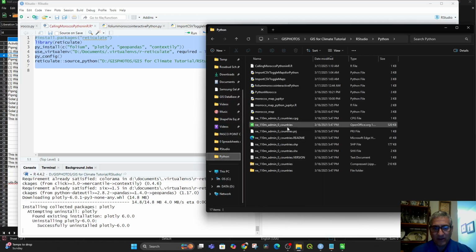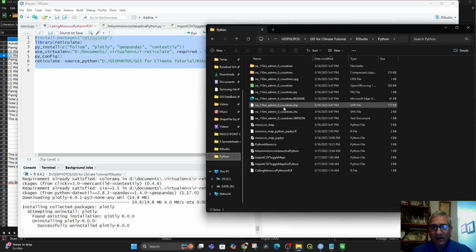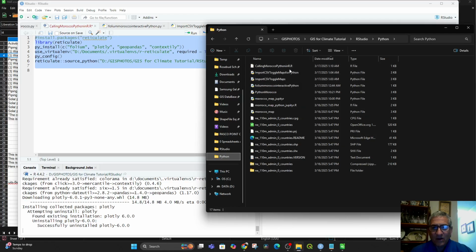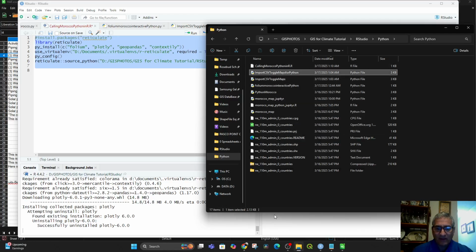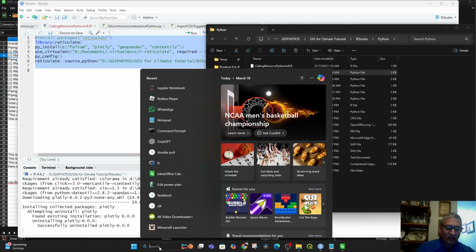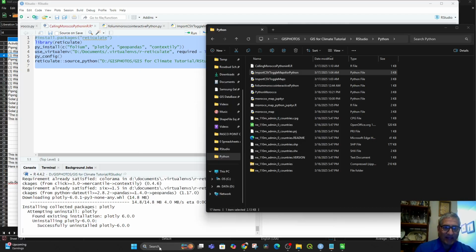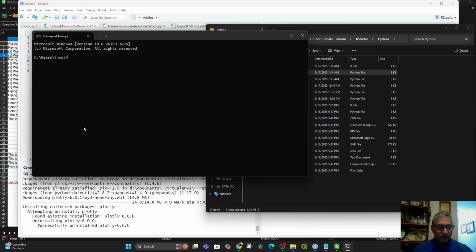Let's go into my Python, and I have a bunch of different scripts here. Let's say I take the last one I modified, calling Morocco Python R, and R imports CSV toggle maps for Python. Let's say I take this one here and I say copy as path. So I have the path, and then I simply go to the command line, and now I have to get